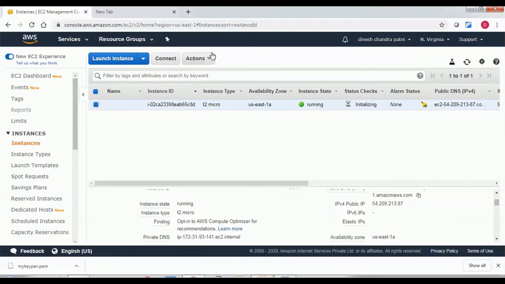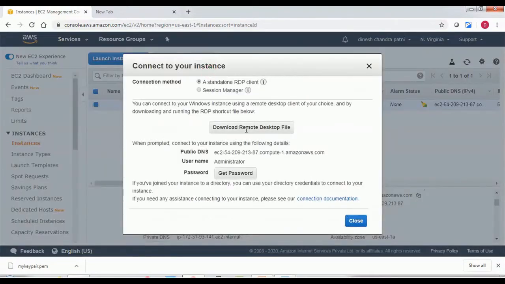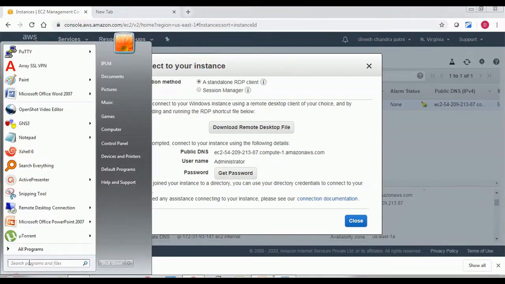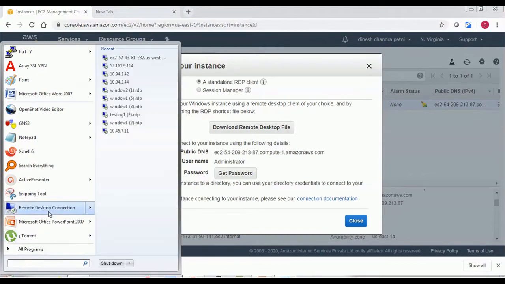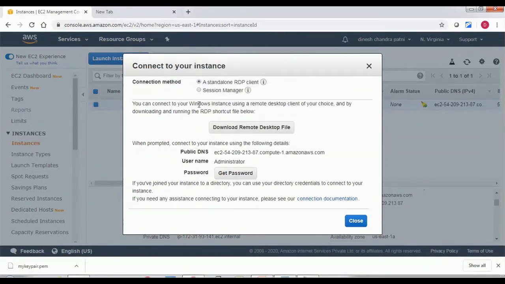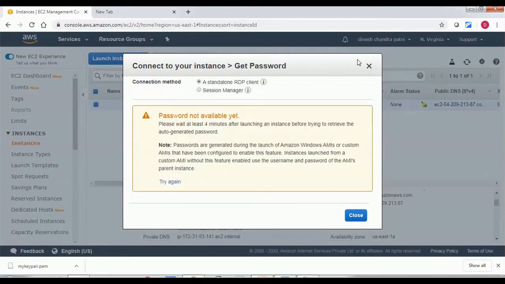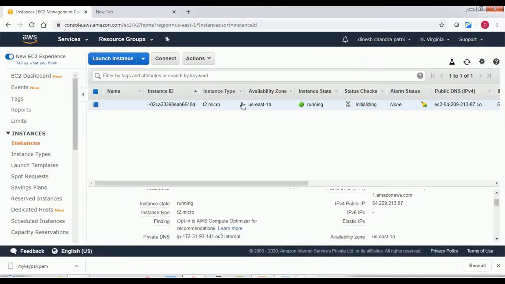If you click on Connect, it will download a remote desktop file, or if you have RDP services normally provided in Windows, you can use Remote Desktop Connection. You can just use that one also. To get a password, you need to click on this. Right now it is not available. I will wait for 4 minutes, then it will be available.